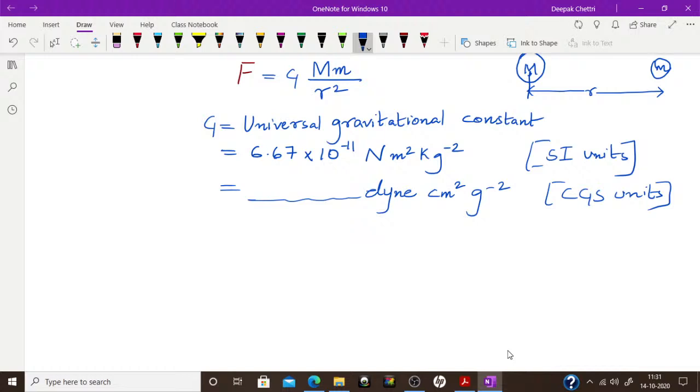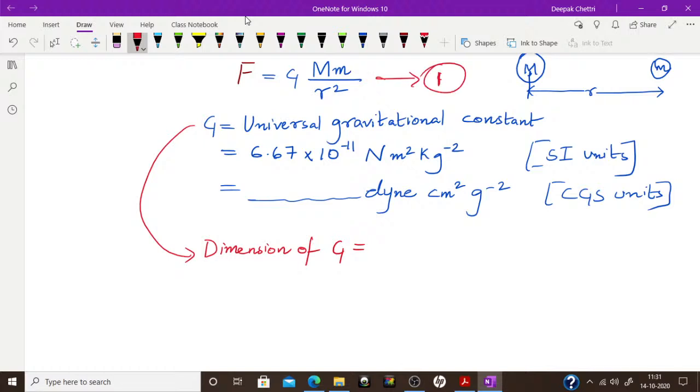First of all, let us find the dimension of G. Dimension of G. How to find dimension? We have to know the formula. So we will use this formula, right? Equation 1. Let me say equation 1. Look at equation 1. From equation 1 we can write G is equal to F r square by capital M